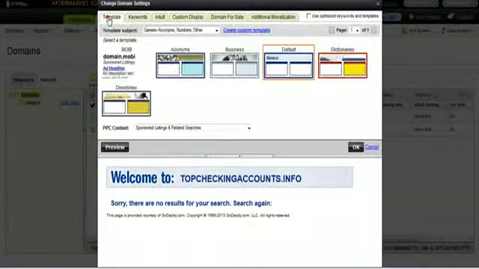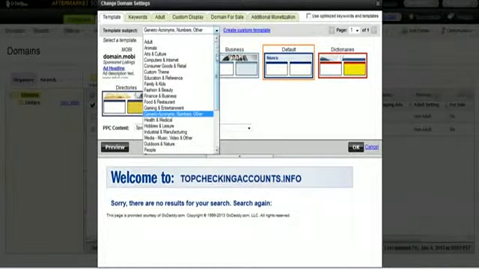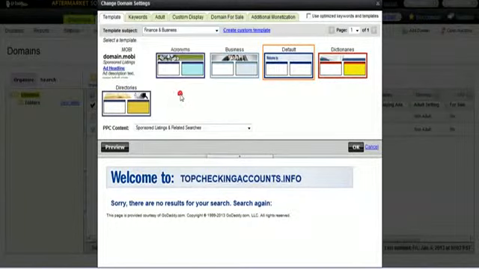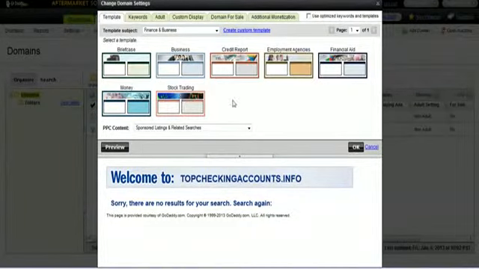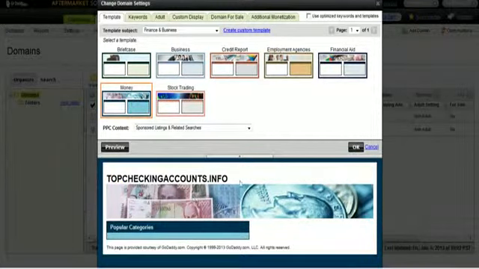You want to go to template here, and you're going to want to choose a category that matches. So for our use here, we're going to need something that's financial or business, because it's a checking account site. So we have briefcase. This just gives you the visual template of what the site is going to look like. We'll use money here, and here it gives you an idea of what it looks like. That looks fine to me. Well, I don't like the foreign money there. So let's use